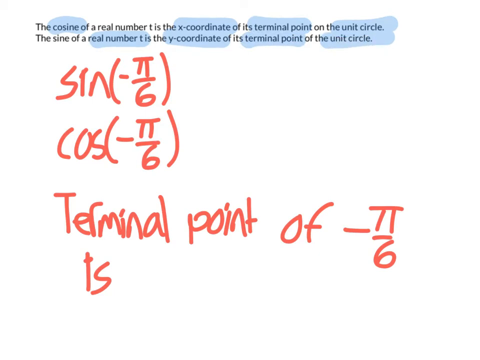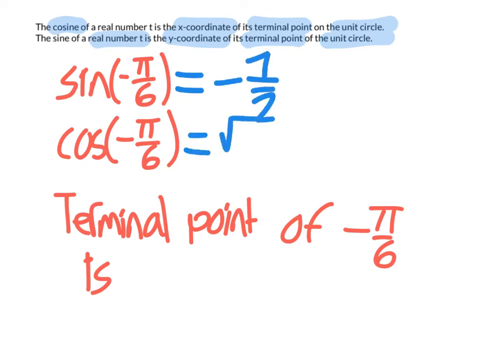So if we were given an angle negative pi over 6 and we were asked to find its terminal point, first we would try and find one of the coordinates, say y, so we would do sine of negative pi over 6. We know that negative pi over 6 is just 11 pi over 6 because it's going clockwise instead of counterclockwise. We know that 11 pi over 6 is in the fourth quadrant, that means the y has to be negative, and we know that the point for pi over 6 is square root of 3 over 2, 1/2. So we know that sine of negative pi over 6 is negative 1/2,